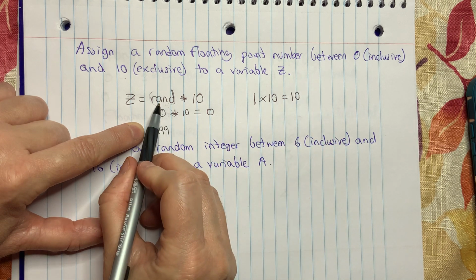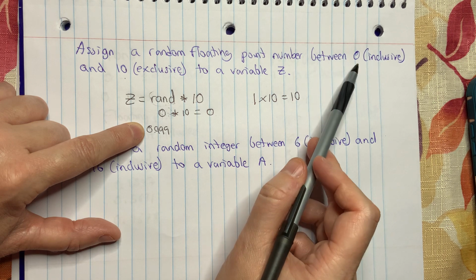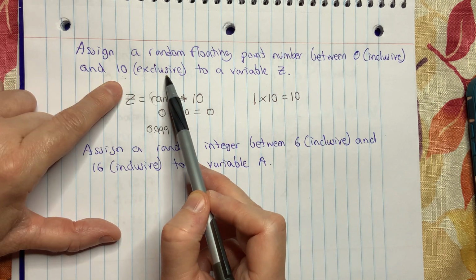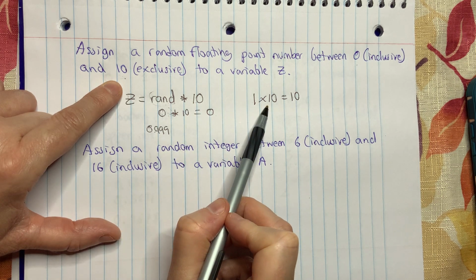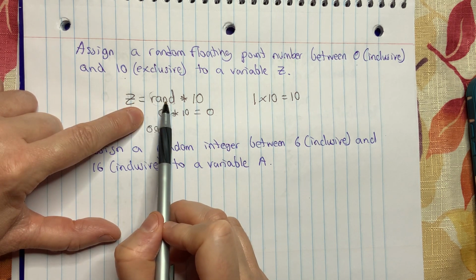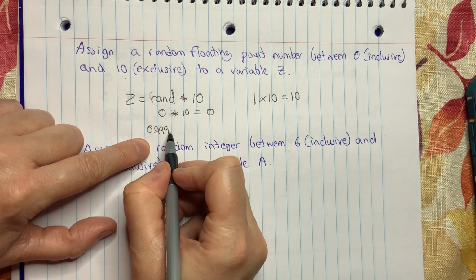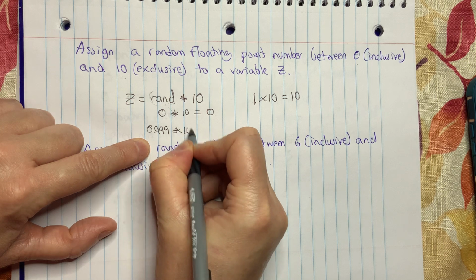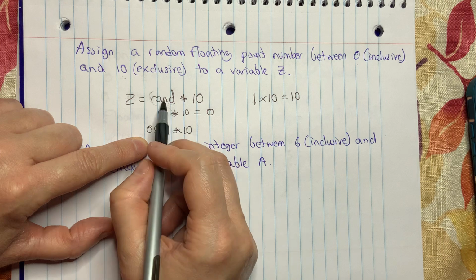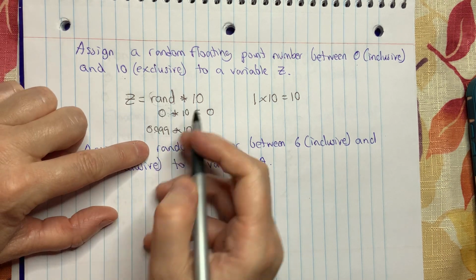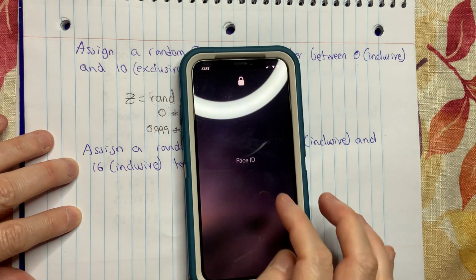So because the RAND function never gets to 1, when they ask you for a number between 0 and 10 exclusive, you can actually multiply a RAND function by 10 because RAND is never going to be 1. So therefore, you're never going to have 10. So for example, if you have 0.999 times 10, which is the maximum number, the highest value that RAND is going to give you at any given point, then what you have is basically,